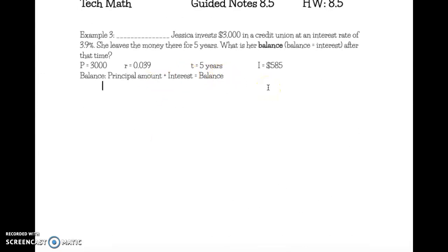So if I want to do that, it's $3,000 plus that $585 she made to equal $3,585. This is the final answer. If you just tell me that she only has $585, it's not going to be correct. We have to take into account that original $3,000 she